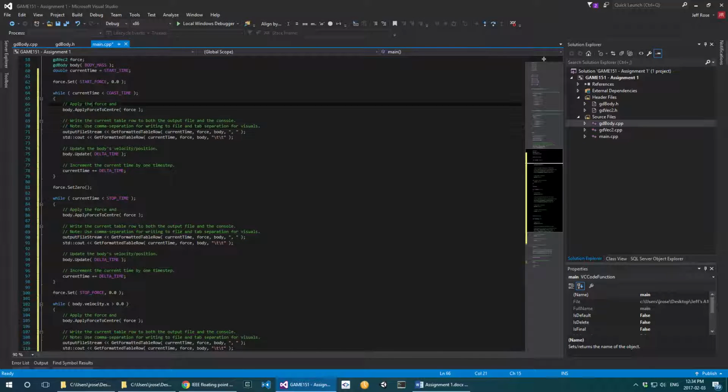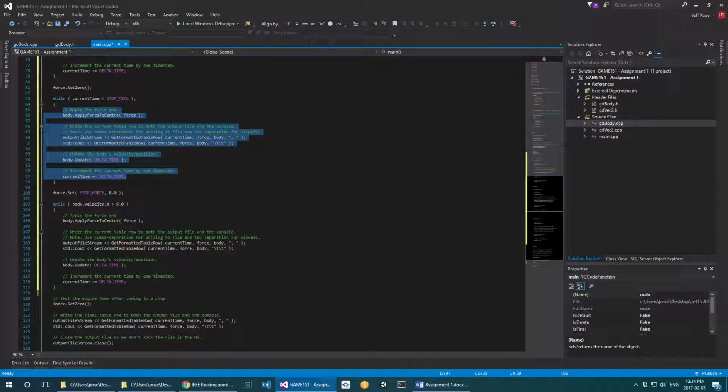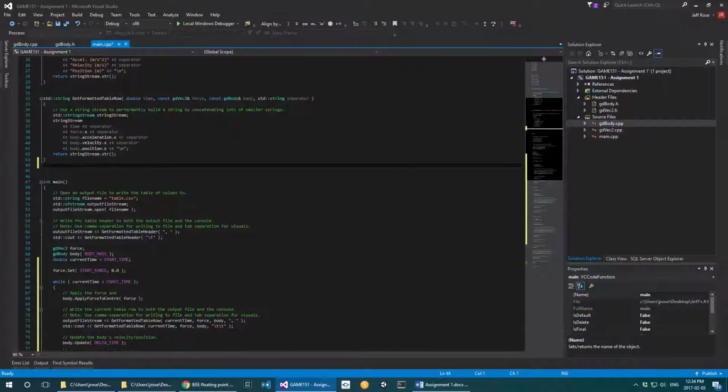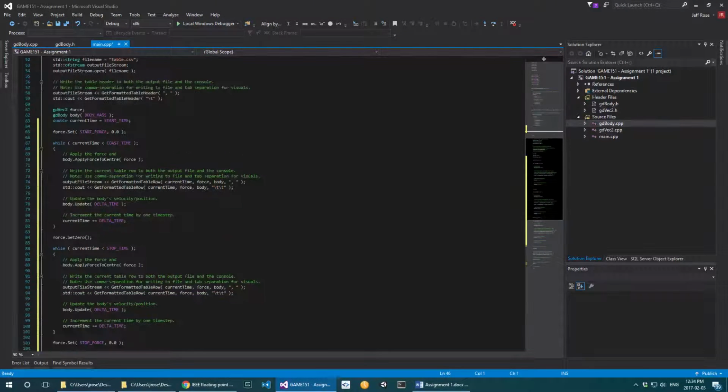Probably the only downside to the way it's written right now is that it's longer. It's more lines of code, and in fact, there are a bunch of lines of code here that are entirely repeated. And when you see that, that should be a good signal to you that it's time to write a function for something. So, why don't we? Let's just do that. I'm trying to think, what do we want to do with this? We probably have a void function, and we're going to need to pass in the current time, the force, the body,